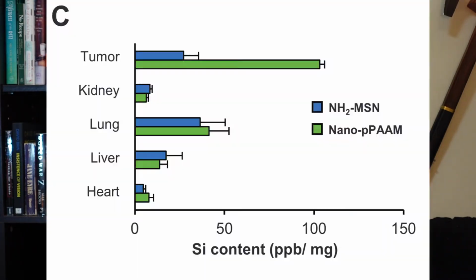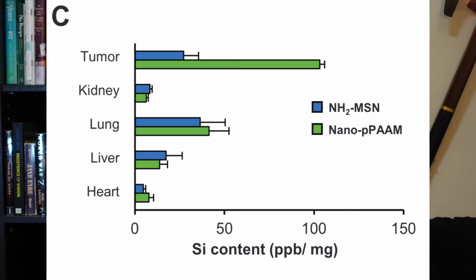For the 2 treatments that used the silica nanoparticles, they used the fact that silica isn't really a thing that's usually found in the body to track where the nanoparticles ended up by the end of the 14 days. They prepped the tumor, the kidney and liver, which are where things get removed from your system, and the lungs and heart, which are where you presumably don't want to have silicon.